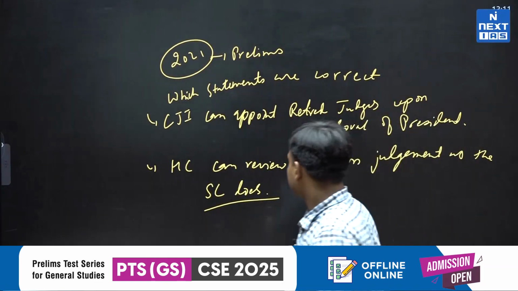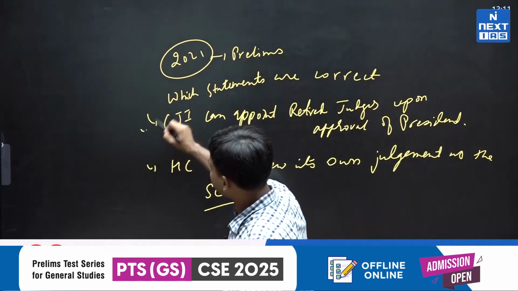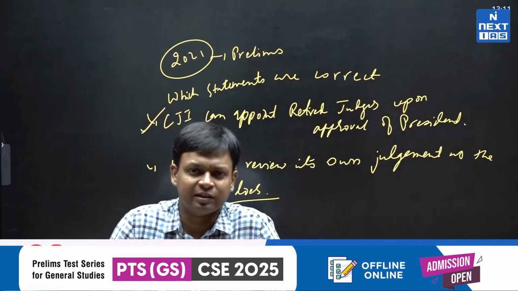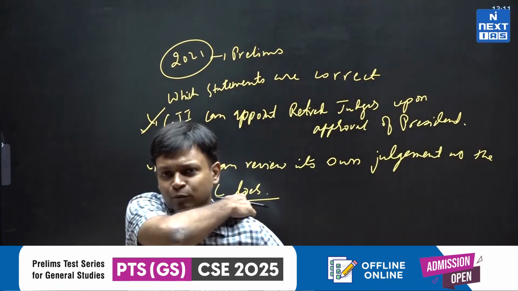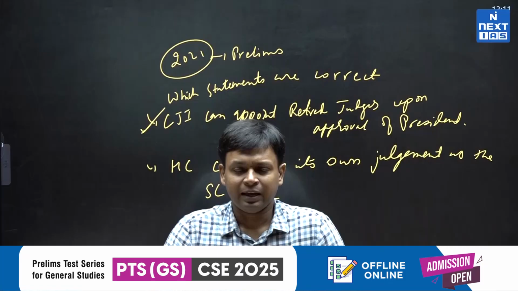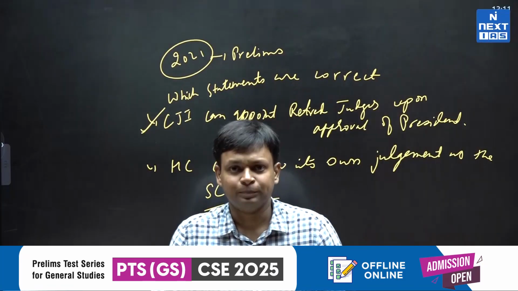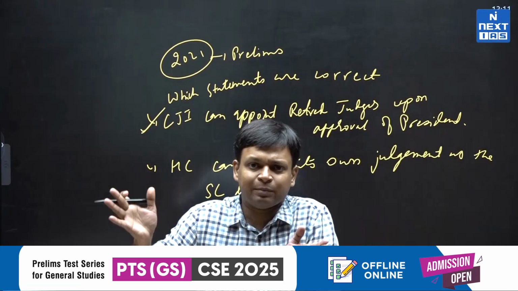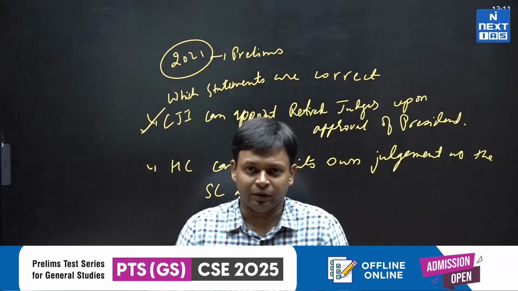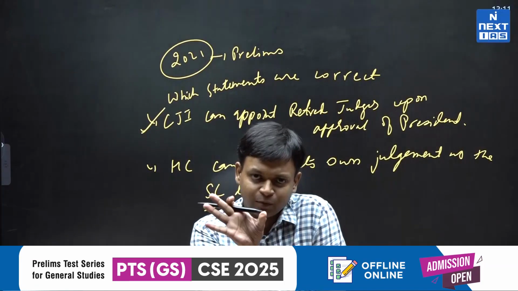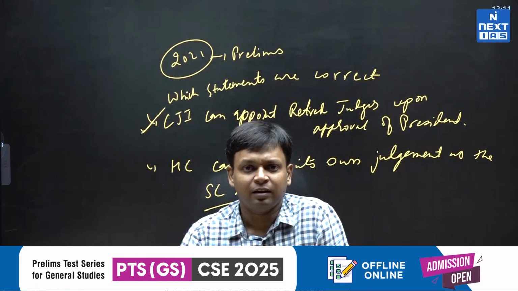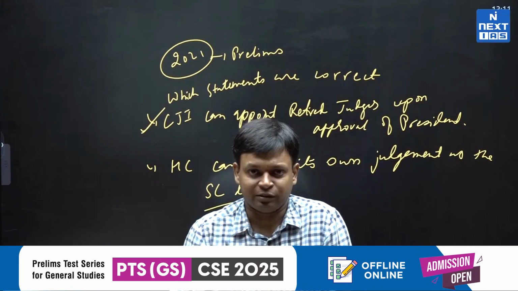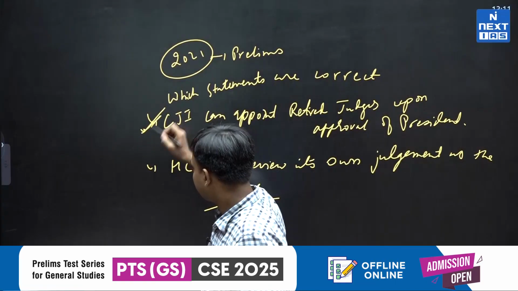Okay? So this first statement, it is a partially correct statement. It does not give the full information about the appointment of retired judges because their consent is also required. But still what has happened is UPSC in various questions, if it is giving a partially correct statement also, it generally is giving that statement to be correct. Because every detail may not be put in a prelims objective question. So if the information in the statement is correct, it is not wrong, and more things can be added, in that case UPSC is giving that statement to be correct. So they have called this statement correct.